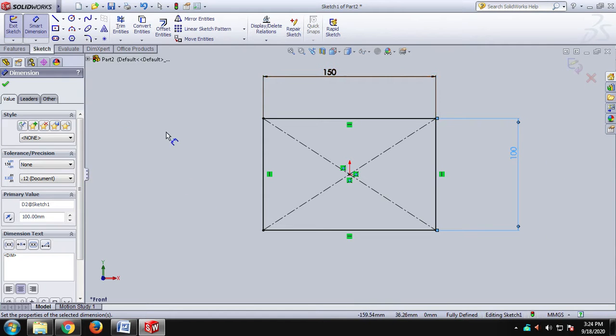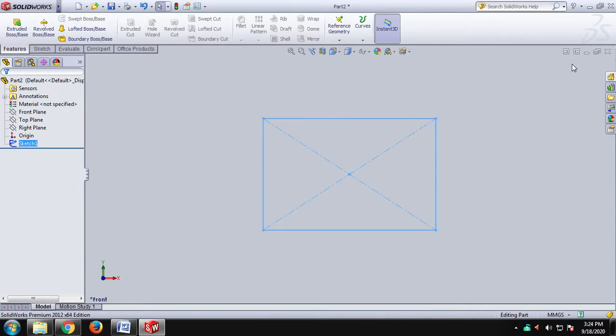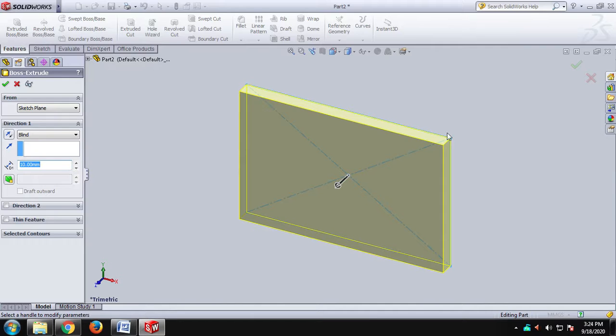So here I have displayed a rectangle. After drawing this rectangle, we have to close the sketch. Just click this button displayed in the right. Close means the sketch will get closed. After this we can give the extrusion. In the above taskbar we can see that there are features. In features, if you select this feature, you can see the extruded boss base command. When you click this, you can see that the drawn rectangle is being extruded.